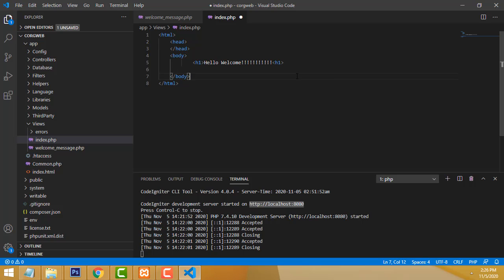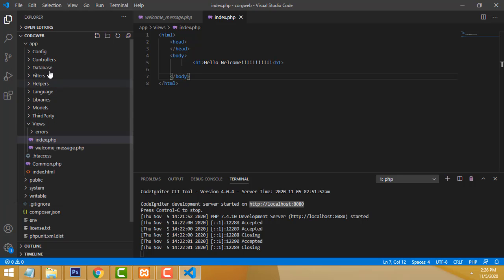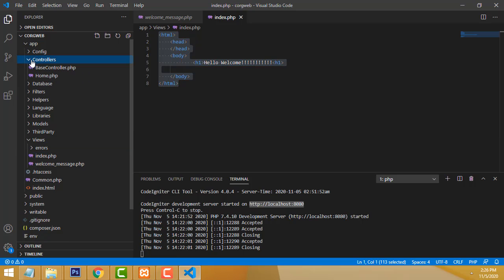Now once you have done this, go to file and save all, okay, save all. Now I want to run the application, index.php. So how to run? You already created the view. This view design you have to run. How to run? Go to the controller folder,